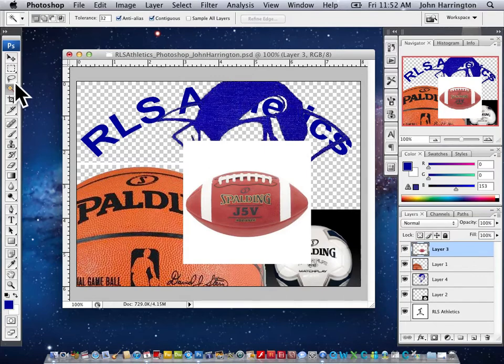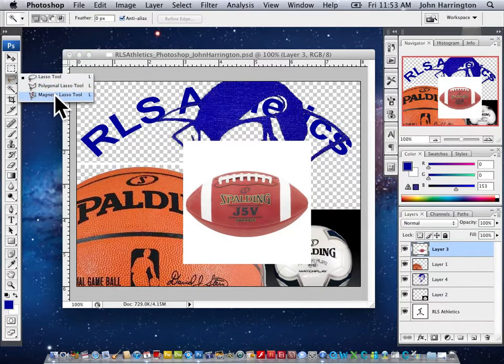It's called the Lasso Tool. Oops, let's go a little higher. There. There's the lasso, the polygonal lasso, and the magnetic lasso. The lasso, when I go click, hold, drag, it's hard to do. It's hard to grab or keep a straight line. That's the lasso. Okay? And I'm just going to go select, deselect. Then there's the